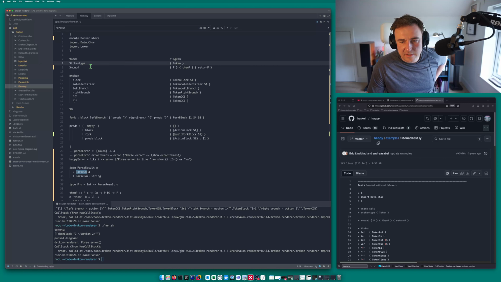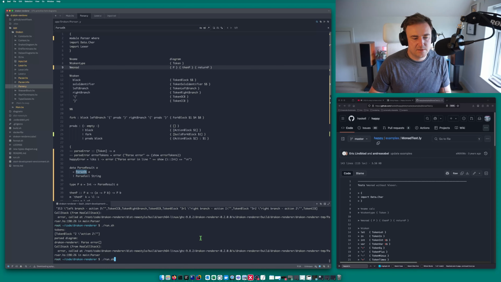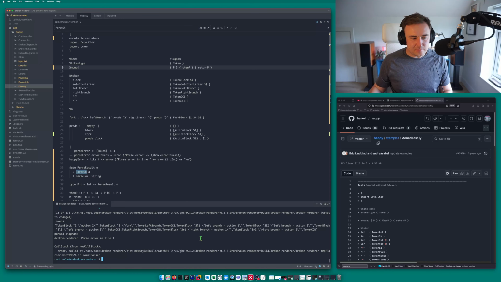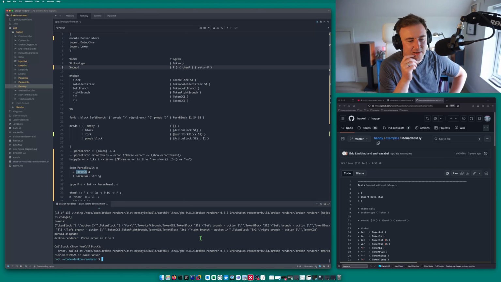Name, token type, monad. Let's see. All right. Parse error in line 1. That's good.